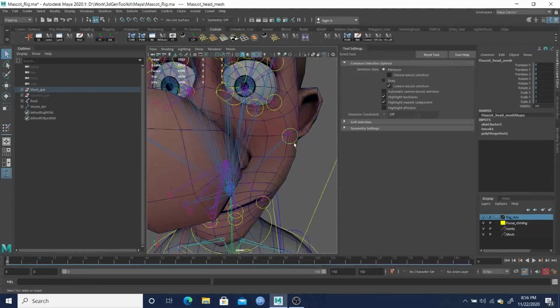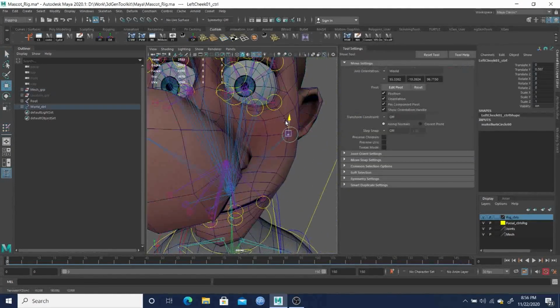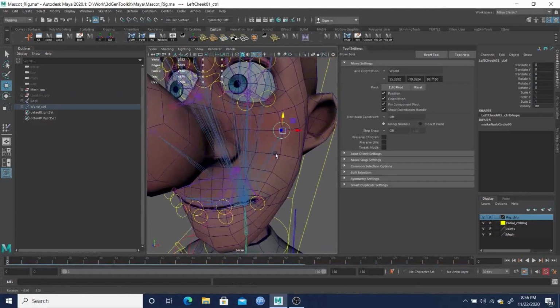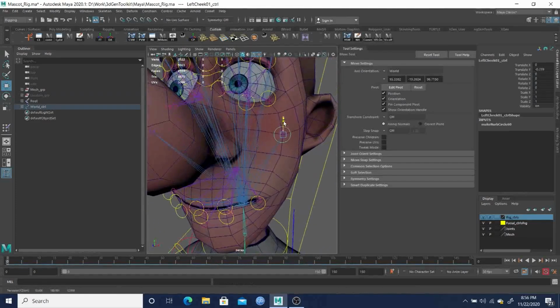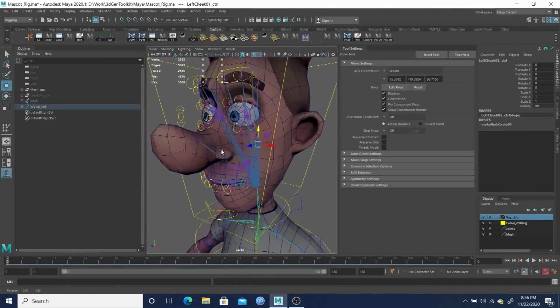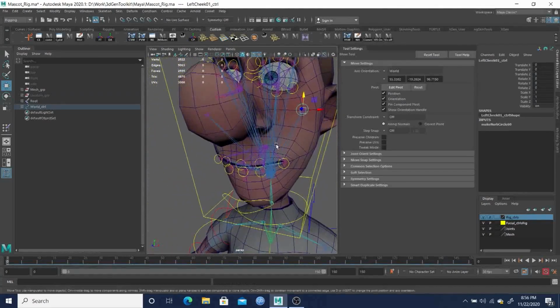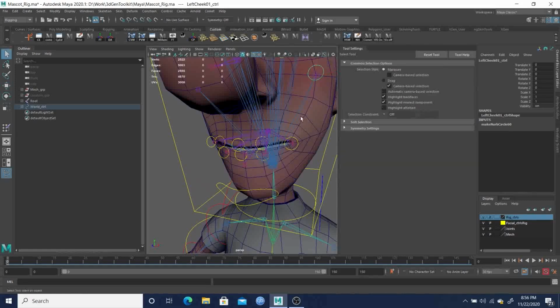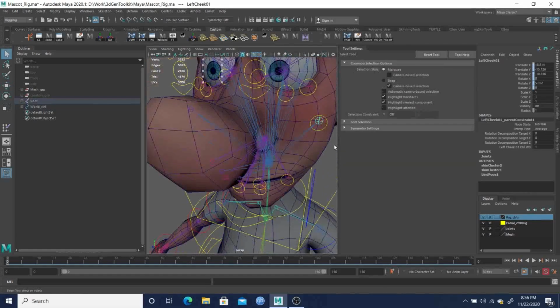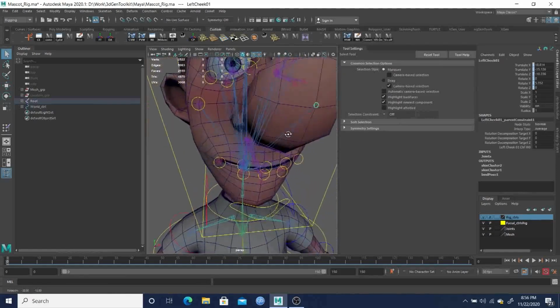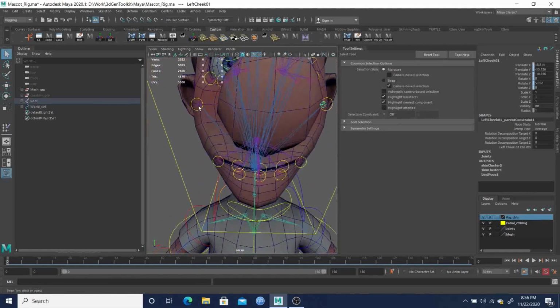So now when I select that cheek, alright, I'm getting some weirdness on the mouth. Alright, so with that cheek selected, we're actually going to select,